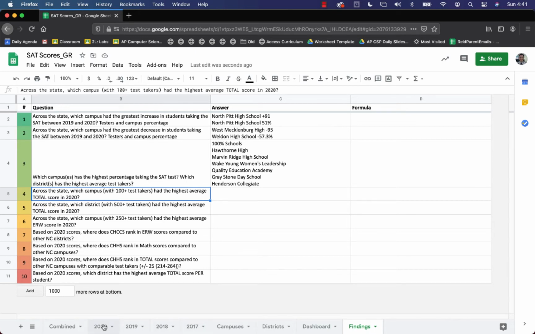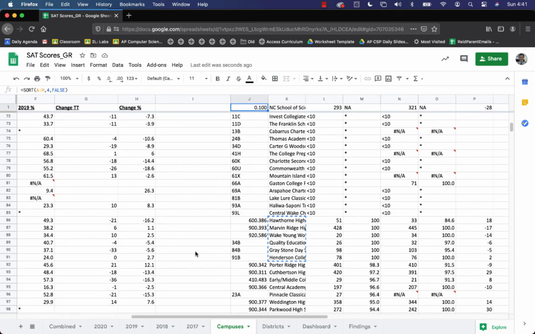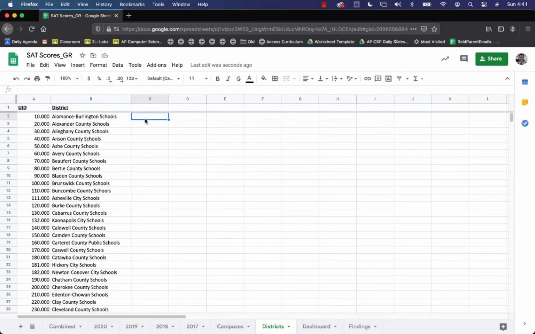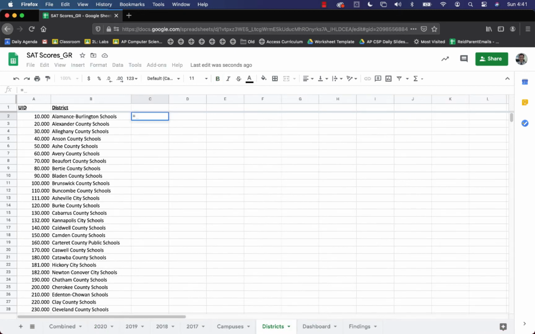So the way to do that would be, you'd have to do an AVERAGEIF for each district. So we could do that. We're on our districts tab, and they're going to have this value in column B. So in column B, let's do a test. AVERAGEIFS,